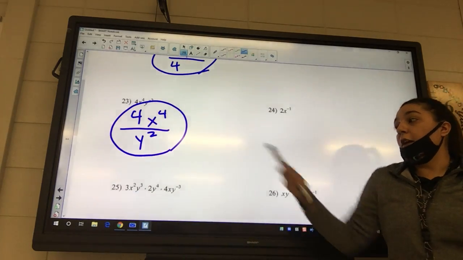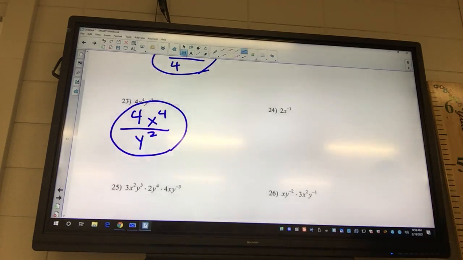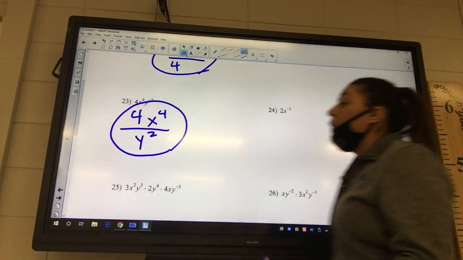Okay, so we got our simplification. And then I'm going to do a product rule. And then the next one's going to be a power rule. And the next one's going to be a division rule. Okay? And this is how your test